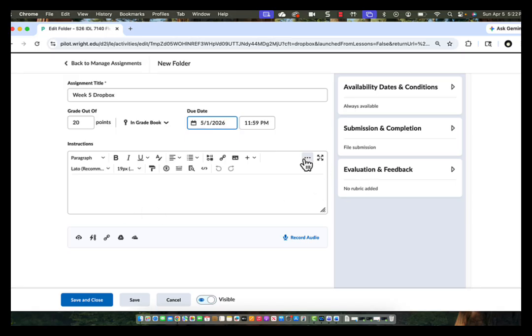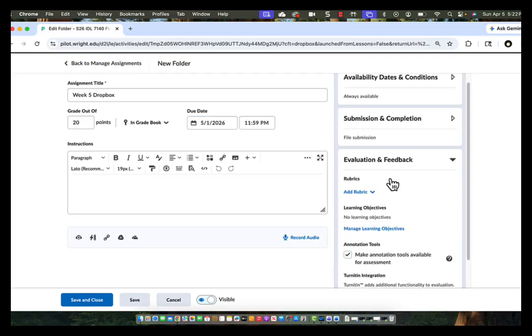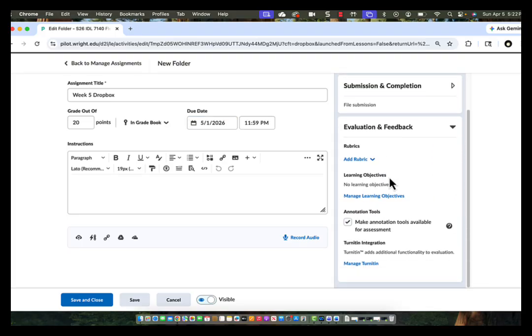And then let's talk about Turnitin. So over here on the Evaluation and Feedback tab, if you click this arrow, you'll see a couple interesting options here. One is add a rubric. We'll come back to that later. And the other is